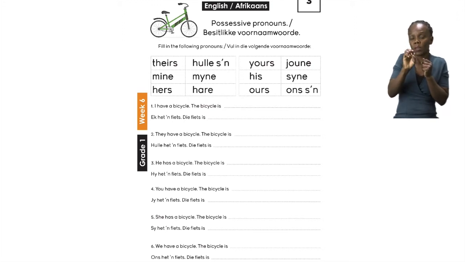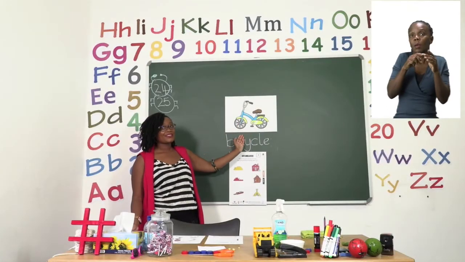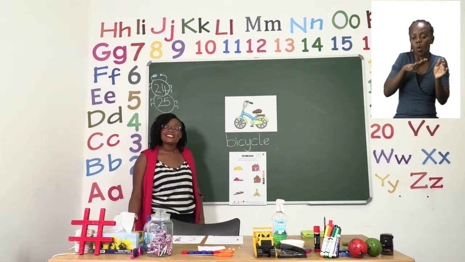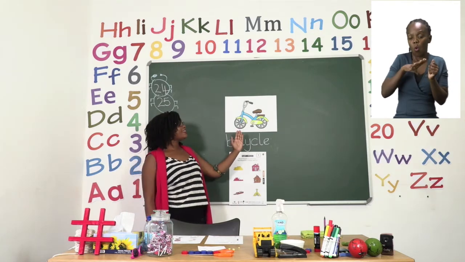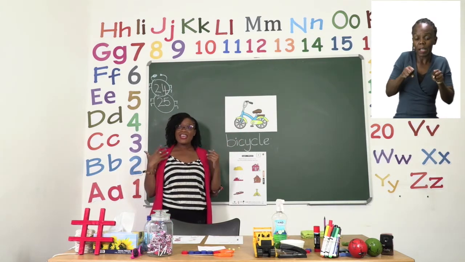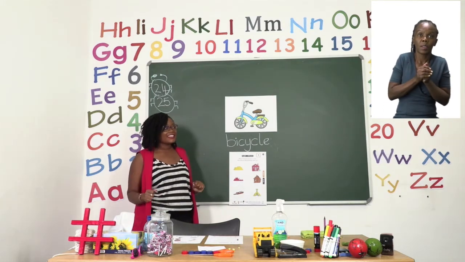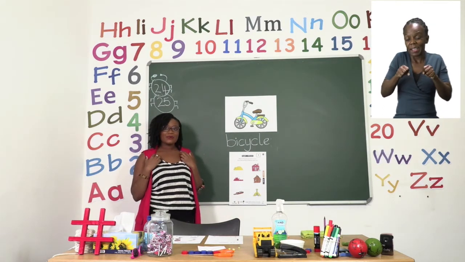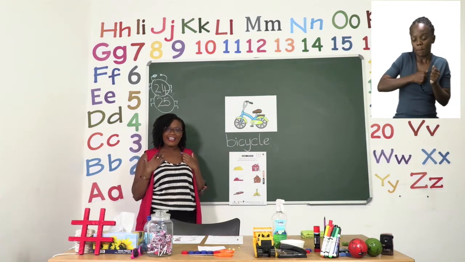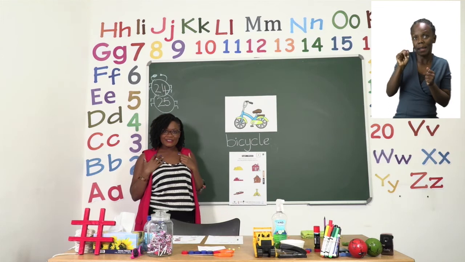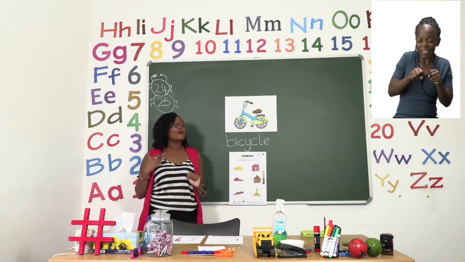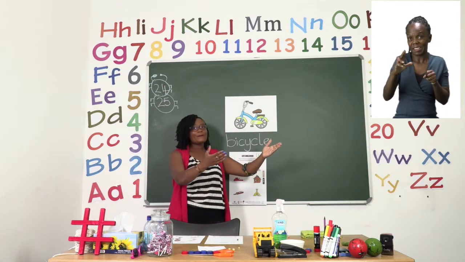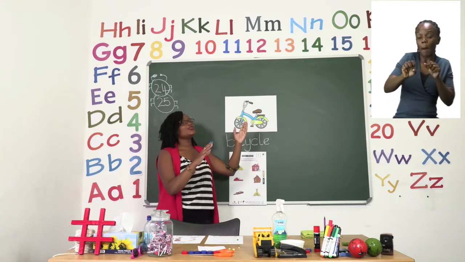In this case, we have a beautiful bicycle, just like the one I have on the board. So we are going to try and use some possessive pronouns to see who owns the bicycle. Now, if the bicycle belongs to me, that means the bicycle is mine. So let's point to ourselves and say, mine, mine. Very good. If the bicycle belongs to someone else, we say your bicycle or yours,